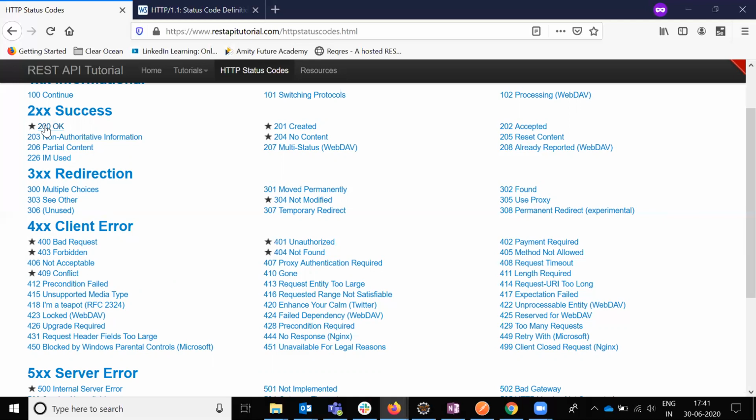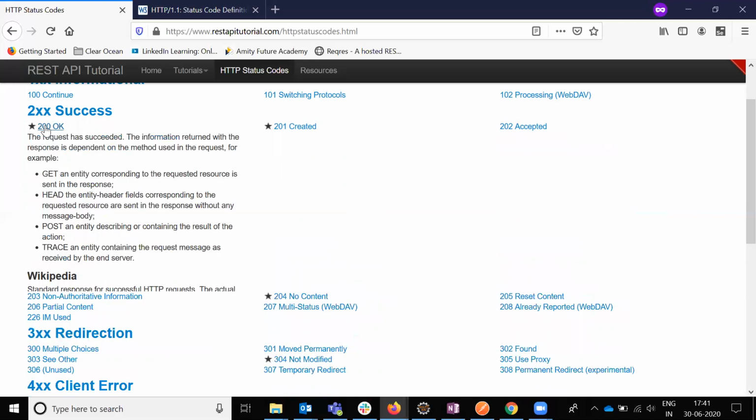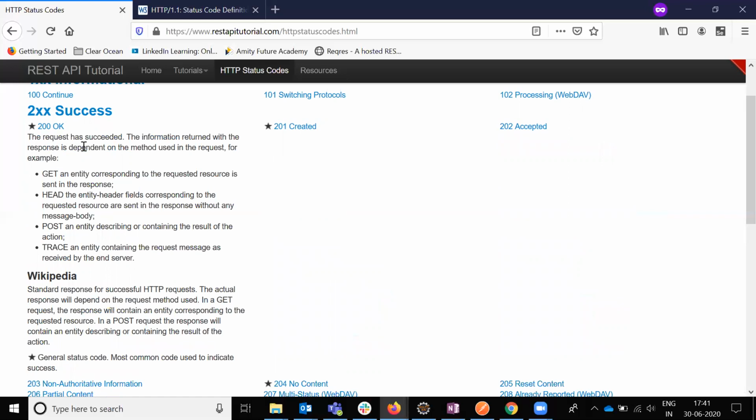200 OK: first you will see the success message. What exactly is 200? The request has succeeded, and the information returned with the response depends on the method used for the request. Basically, for the request body, we use POST or GET. Whenever we use the URL and hit it in Postman with the payload, it gives a response, and that is called 200.